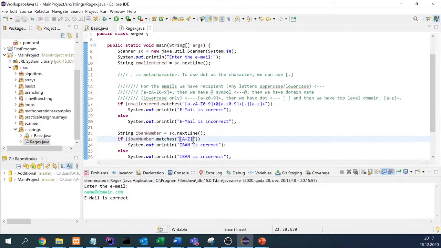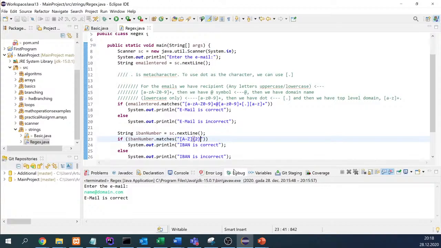And instead of plus, as you know we previously used plus, that's for the case when we don't know the number of the characters we have. If we know the number of the characters, we can use braces, and inside the braces we put the number of characters. In this case there are two characters, so we define how many characters we do have here. And then we have two numbers, or two digits,